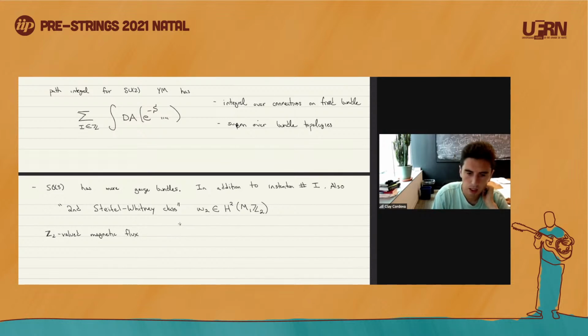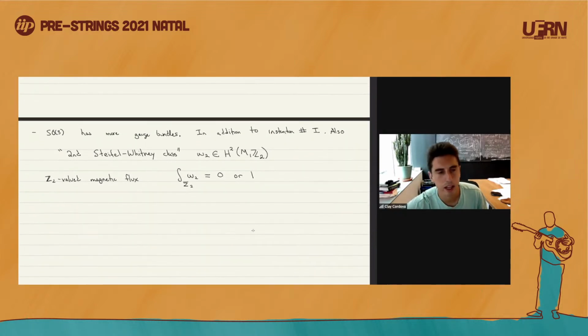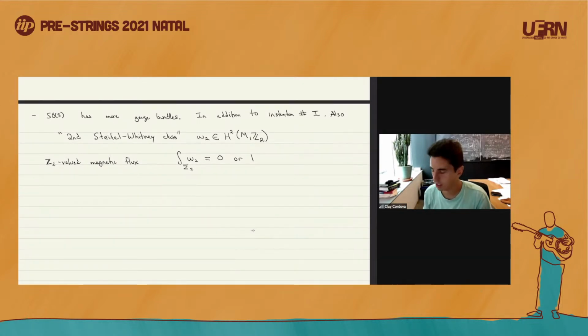Meaning, if I take w_2 and evaluate it by integrating over any 2-cycle, then this is meaningful modulo 2. So it's a number that I can think of as either 0 or 1. Now, why do I say it's a Z_2-valued magnetic flux? Well,